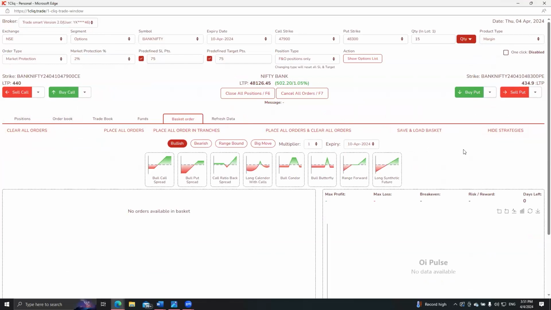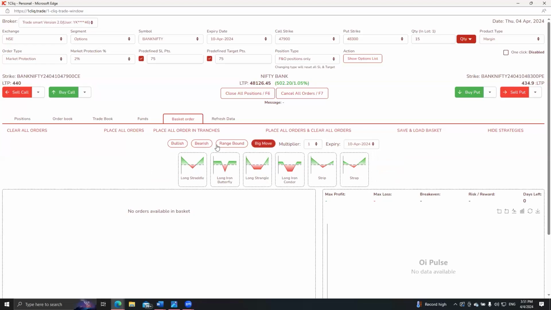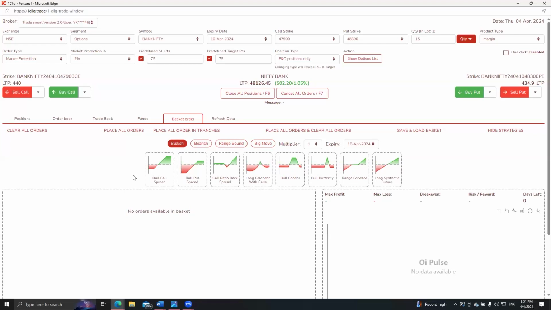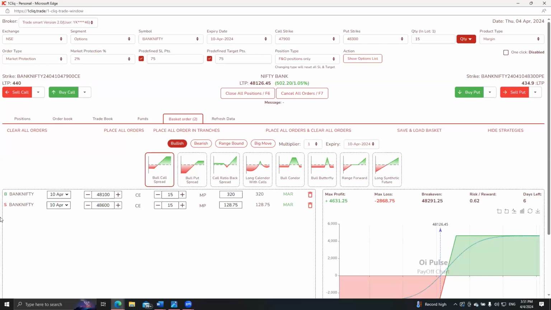If you are in a market, you do not know which strategy to deploy. All you needed to know is whether it is a bullish market, bearish market, range bound, or big move. If you're expecting the markets to be bullish, under which we have given you several options like long bull call spread, bull put, call ratio back spread, long calendar with calls, bull condor, bull butterfly, range forward, long synthetic future. All you needed to do is just select any one of the strategies and automatically you will get the